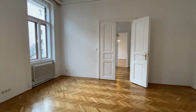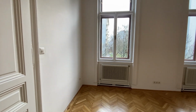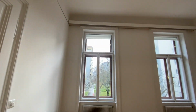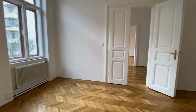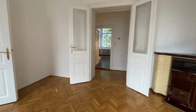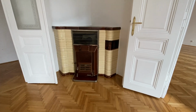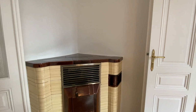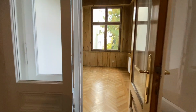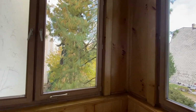Of course, the parquet floors. This one definitely had a little bit less of the ceiling details, but it still felt nice. I think it's 13-foot high ceilings, the beautiful floors, and this heating unit is spectacular. This is actually from the late 30s, early 40s, and not as spectacular as the other one, but still pretty cool. And one of the extra rooms is actually what's considered a veranda, and it does overlook the backyard,